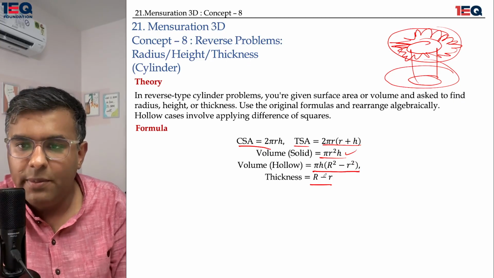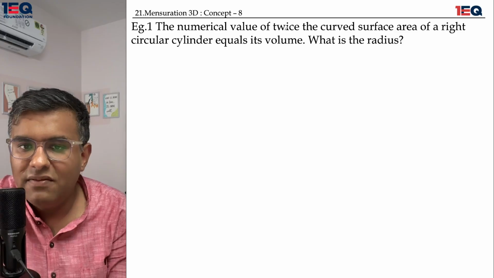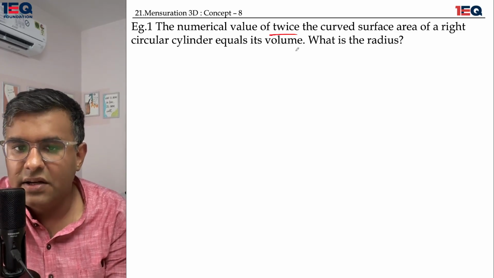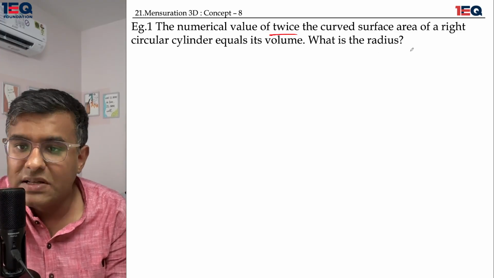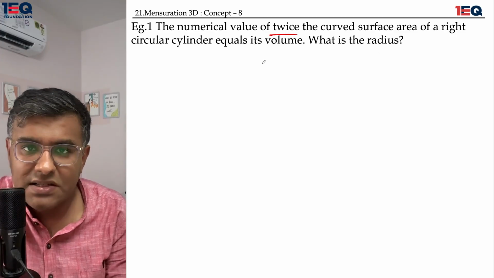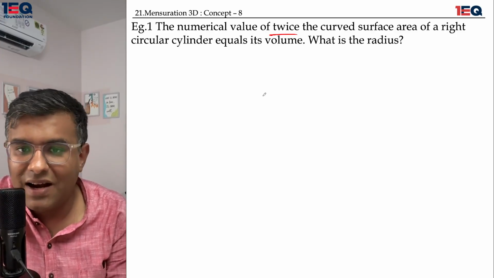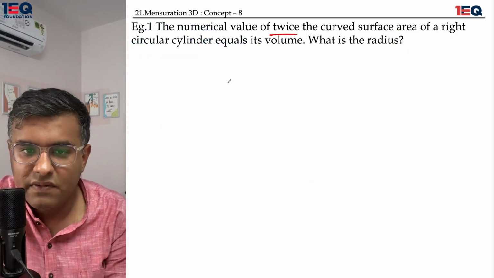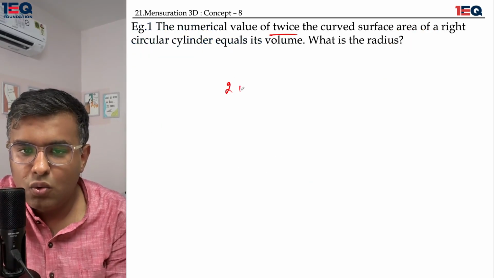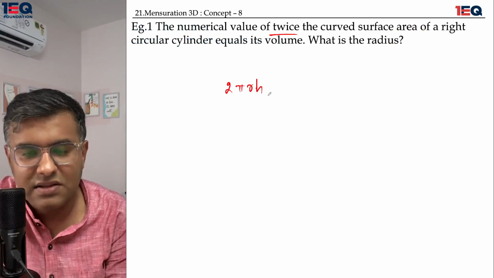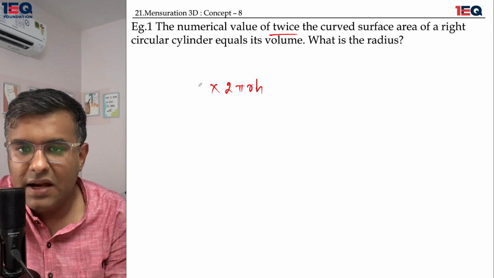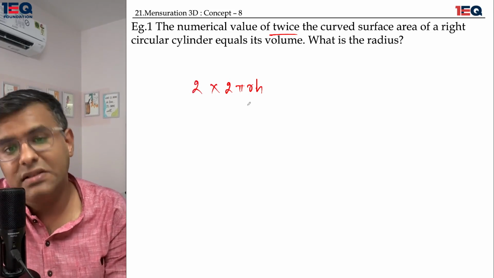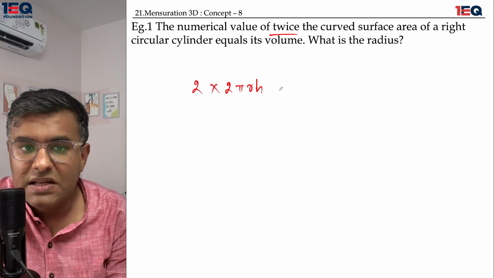Okay, I'll be moving forward. The numerical value of twice the curved surface area of a right circular cylinder equals its volume. What is the radius? In such questions, you are supposed to quickly just write down the formula. The formula we have over here is 2 pi RH, which is the curved surface area. This entire thing is multiplied by two, because the numerical value of twice the curved surface area is equal to